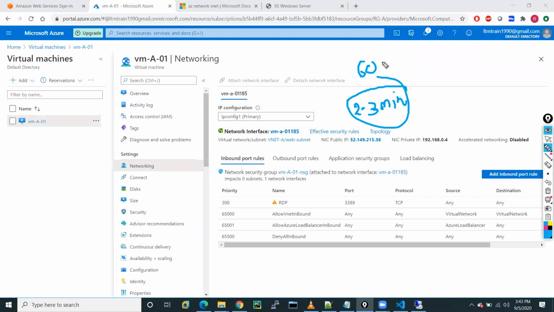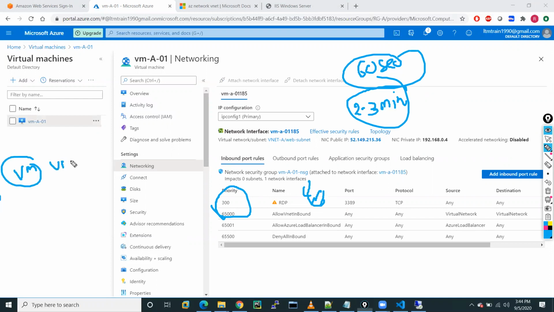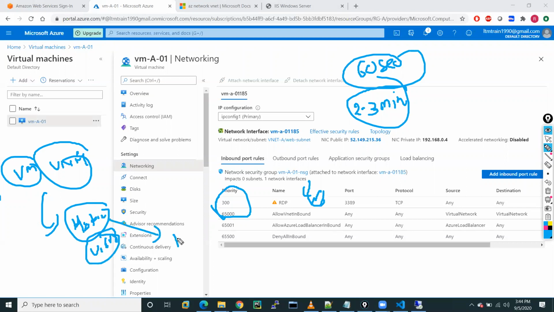or at least 60 seconds, because when you delete rules from the network security group, it will take some time to apply to the actual machine. All these VMs and VNets we have created are hosted over the hypervisor, and that hypervisor is hosted on very big physical servers. When we create a VNet, we are creating the networking infra for us.